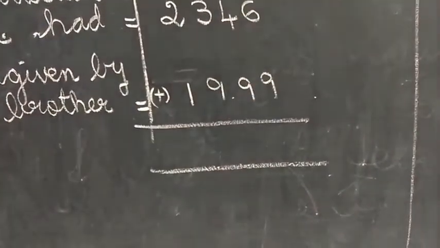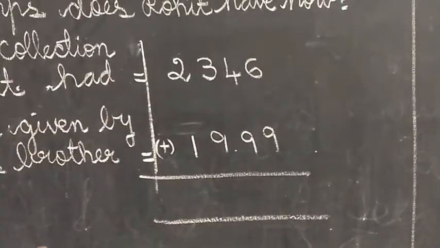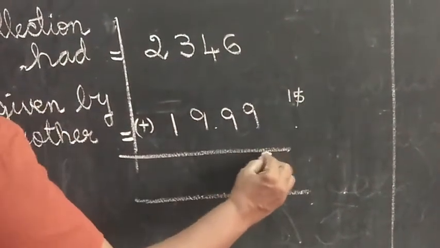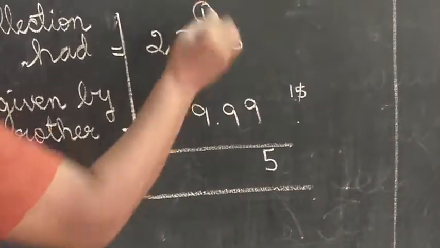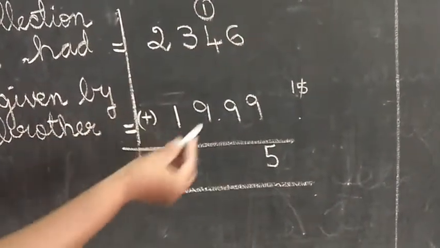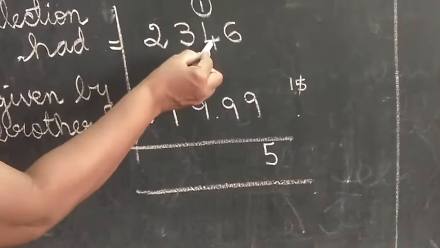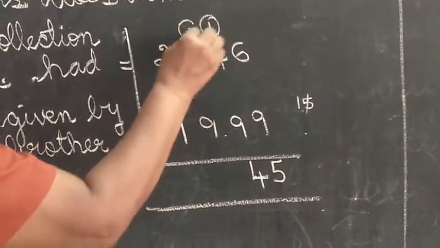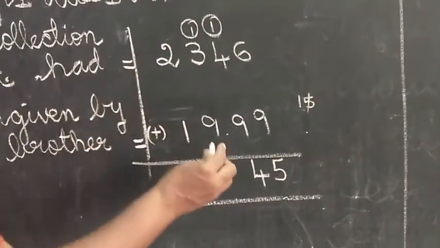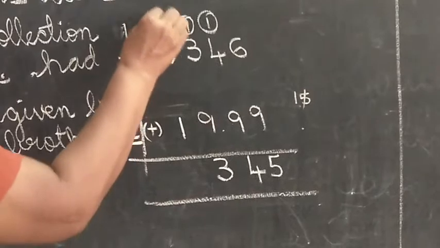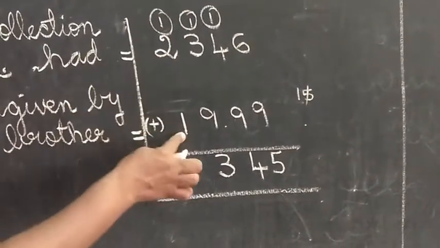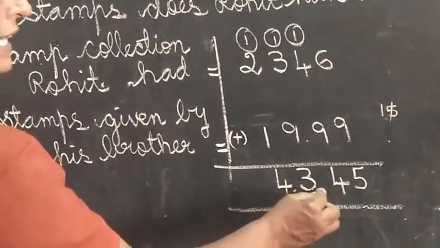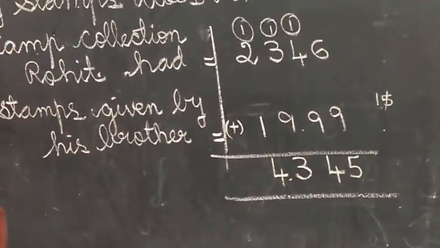6 plus 9, what, children? 6 in the mind, 9 in the fingers. Likewise, you have to show. What will come, children? 15. What will come? 15. And see, for easy counting, you can add like 9 plus 1, 10. 10 plus 4, 14. Likewise, also you can count, 14. And again, 9 plus 1, 10. 10 plus 3, 13. 1 plus 2, 3. 3 plus 1, 4. So, what answer, children? 4,345. So, all together how much is he having?